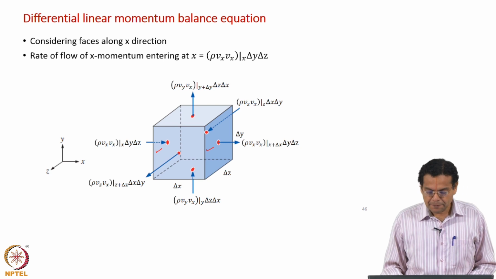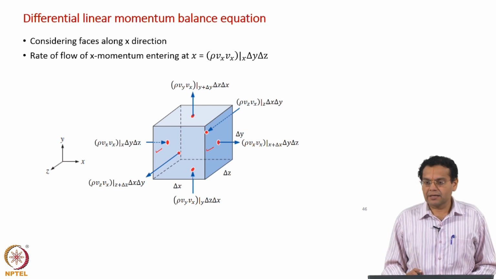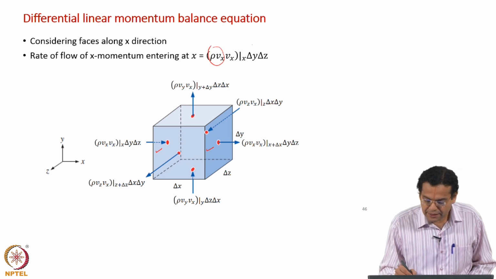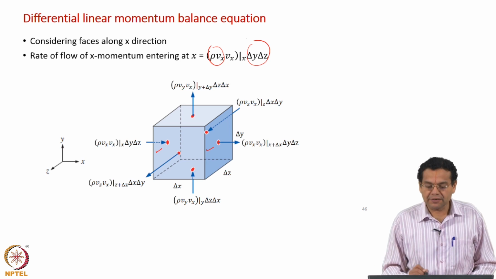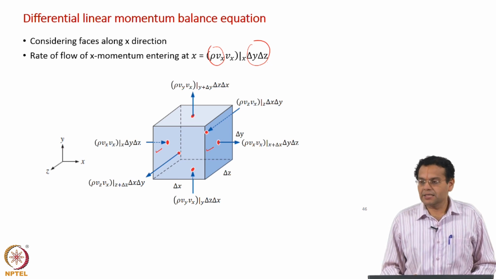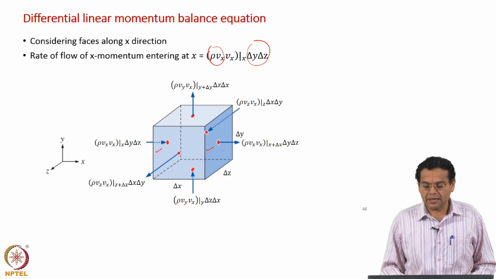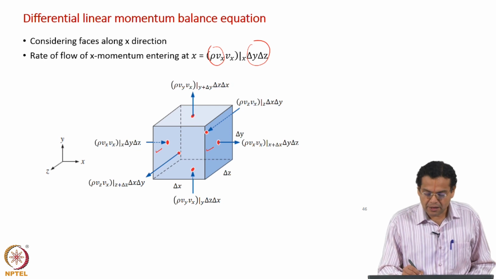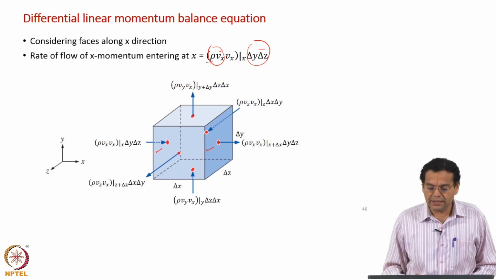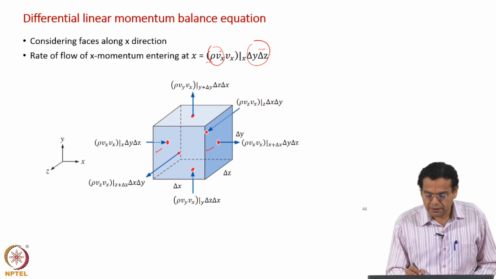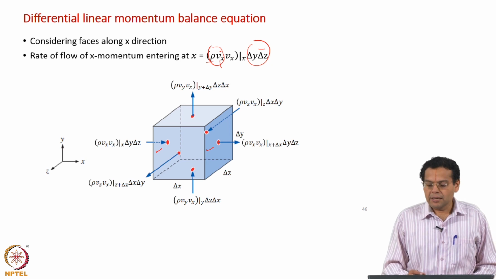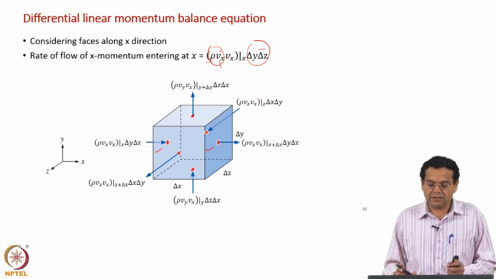Let us understand this. Many terms are familiar here based on mass balance. What are the terms that are familiar? Rho V_x delta y delta z is very familiar to us. The left hand side V_x, I am very specific, the left hand side V_x. What is the meaning of that? As we have seen earlier, there are 2 ways of interpreting. The velocity multiplied by area gives volumetric flow rate, multiplied by density gives the mass flow rate. The other way of interpreting, V_x is the volumetric flux, multiplied by density gives mass flux, multiplied by area gives you mass flow rate. So, that is the significance of that term.